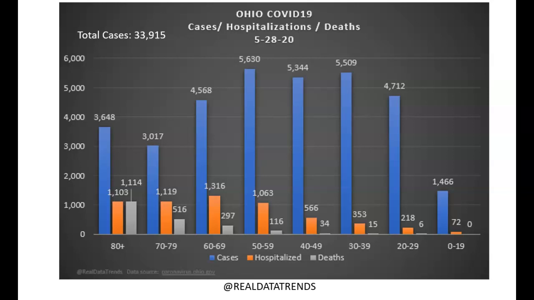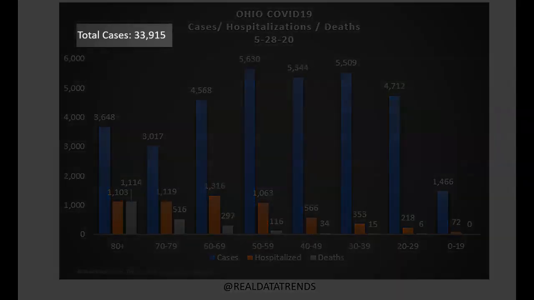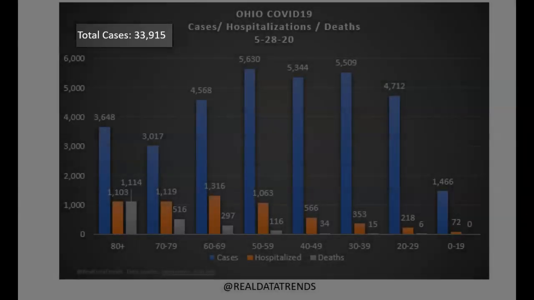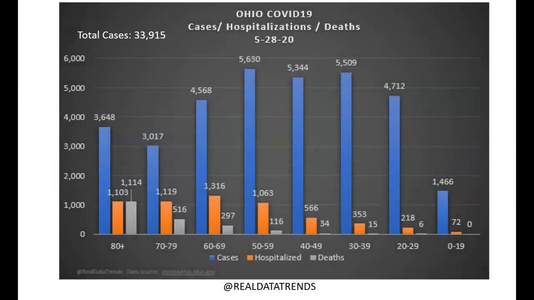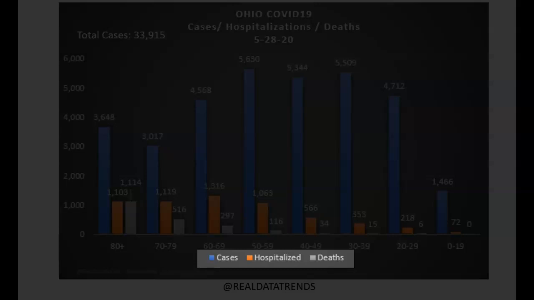Ohio had nearly 34,000 cases of COVID-19 on May 28, 2020. Let's take a look at how age factors affected patient outcomes for these cases. This chart lists the totals of the major categories where the blue bars are cases, orange bars are hospitalizations, and